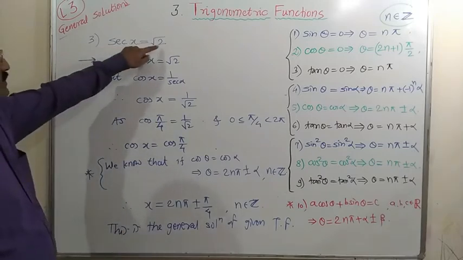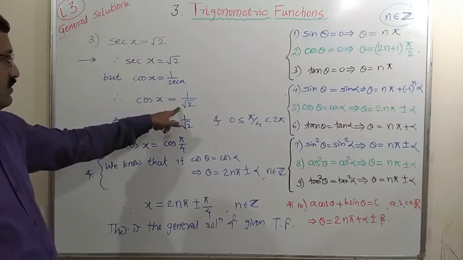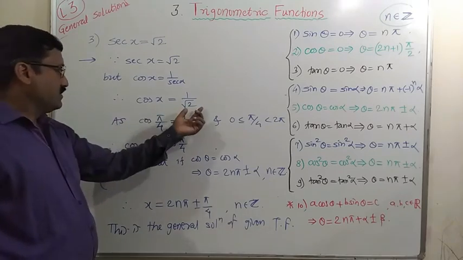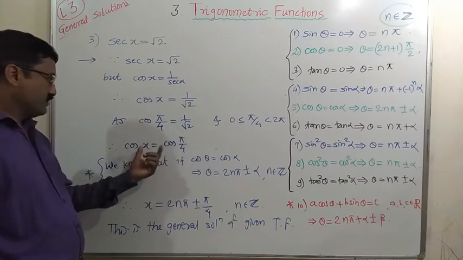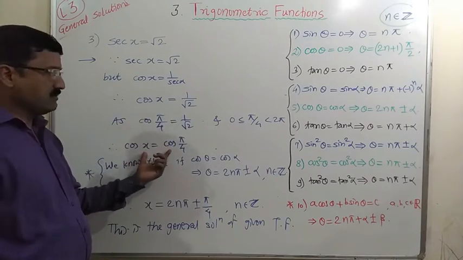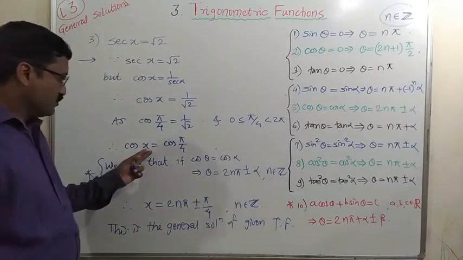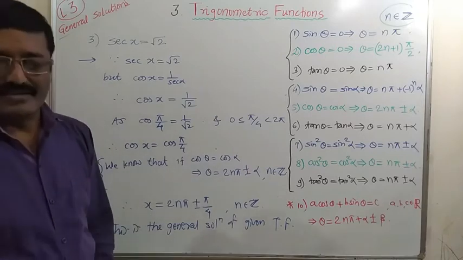In this example, first convert this sec into cos, and you know the minimum value of cosine function or that angle, which gives cos theta equal to 1 upon root 2. So we get pi by 4. So equate these two. Now this is our standard result, similar to result number 5. So using that formula we get general solution. Okay, let us move towards